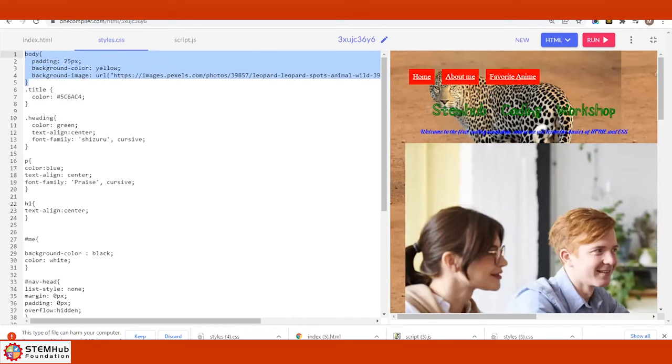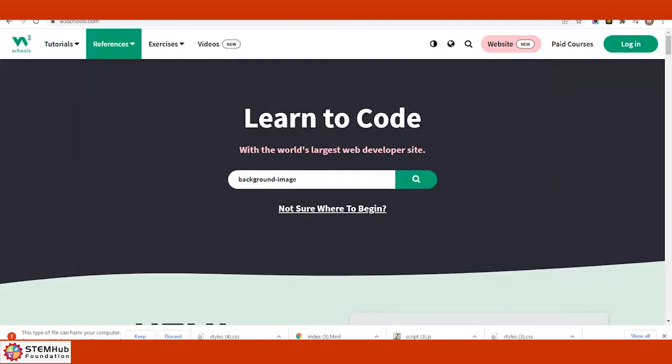So anything that you want to do to be able to update your site, which I think is very helpful, you can go to this website here if you're curious about any tags. I always look at it. I've been in web development for a long time. I've moved on to project management, but when I was in web development, I always looked this up because there are hundreds to thousands of tags. You're not going to remember them all. Sometimes you'll just have to look them up for syntax.